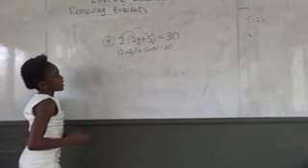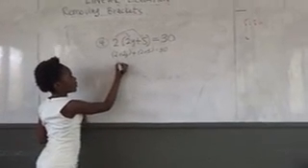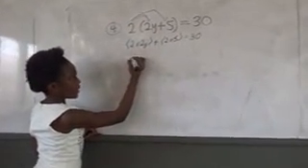Then we come to the second place. Here you multiply them and get your answer. So 2 times 2y is equal